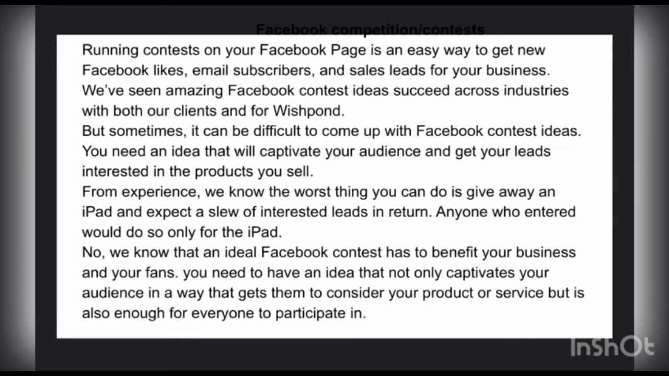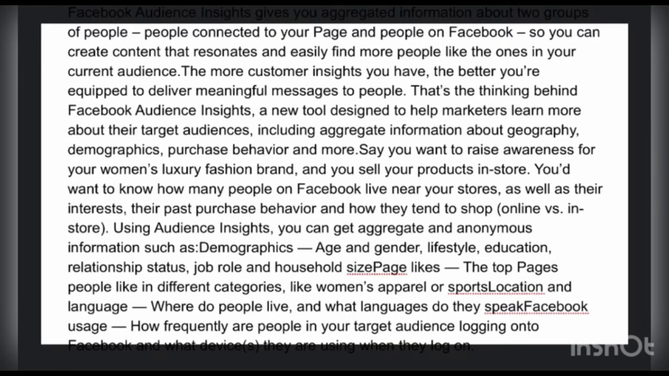Facebook Insights. Facebook Audience Insights gives you aggregated information about two groups of people: people connected to your page and people on Facebook. So you can create content that resonates and easily find more people like the ones in your current audience. The more customer insights you have, the better equipped you are to deliver meaningful messages to people. That's the thinking behind Facebook Audience Insights, a new tool designed to help marketers learn more about their target audience,